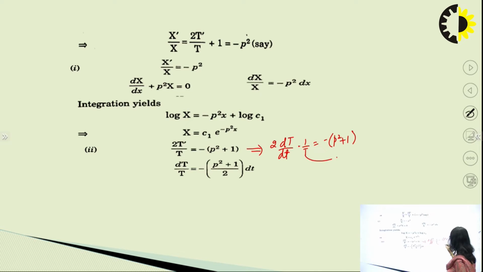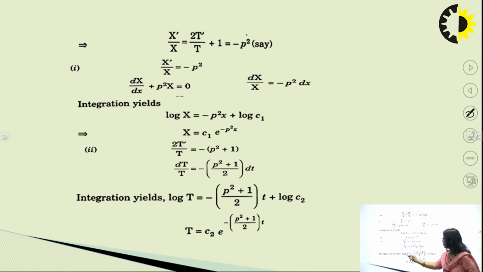So this T goes on this side, and this T remains associated with this capital dT, and this dt goes this side. So I am getting dT upon capital T equal to minus (p square plus 1) by 2 dt, and hence